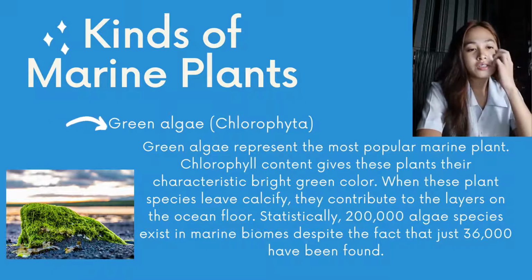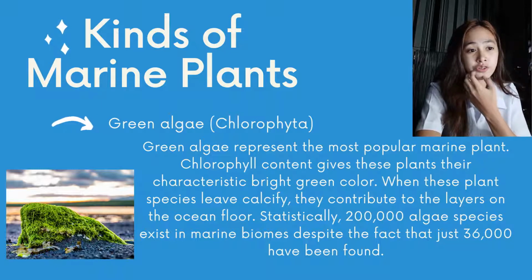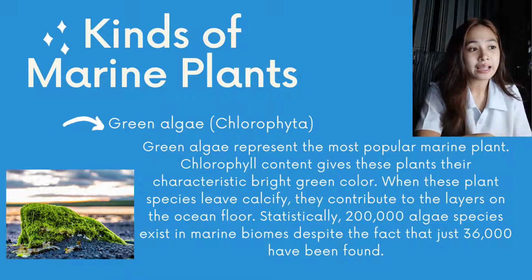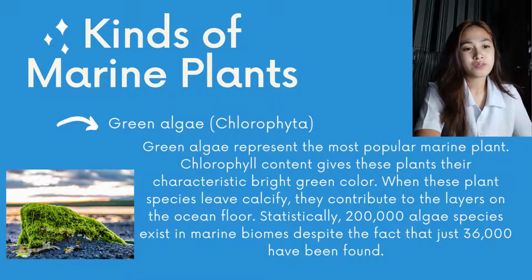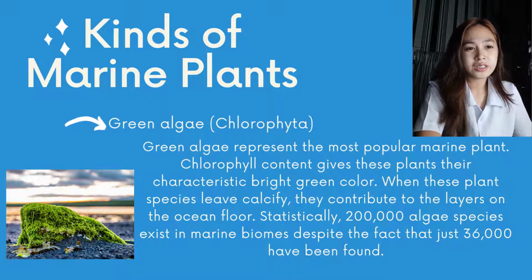So here are some facts about green algae. It is also referred to as chlorophyta and sometimes seaweeds. Next, they convert sunlight to starch that is stored as food reserve. Next is green algae's color comes from having chlorophyll. Next is they can be invasive, with some species fouling beaches. Next, green algae are food for sea animals and also humans. Next, green algae are used in cancer treatment also. And the last one is they could also help to reduce carbon dioxide in the atmosphere.